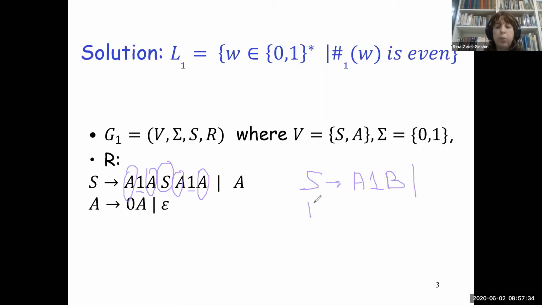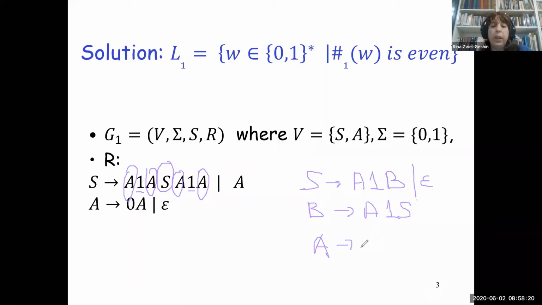And then from B, I can once again have a sequence of zeros, one, and after I have the second one, I will go back to S. I can go back to continuation of the string. And then please pay attention that I can have an empty word as a legal string belonging to this language. That is why I'm currently adding epsilon to